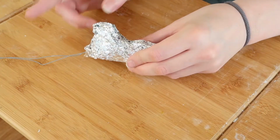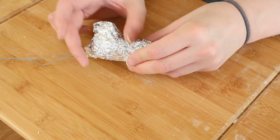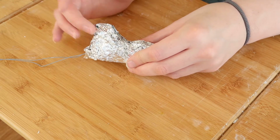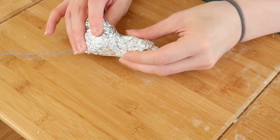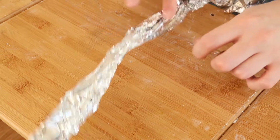The head is going to consist of two main components. The back of the head, which is going to be where the eyes sit and the antlers and everything, and that's going to have some fairly bulk, and then the snout that sticks forward. When it comes to creating the arms,